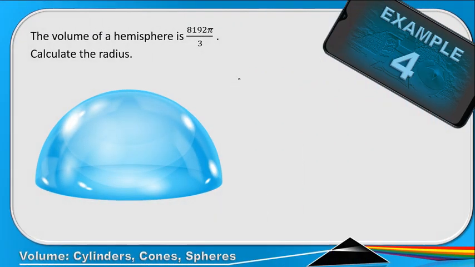Okay, now the volume of a hemisphere is this, and then it says calculate the radius. So we know that a sphere's volume is basically 4 over 3 pi r to the power 3. Now, since this is a hemisphere, the volume is going to be half that of a full sphere. So we're going to multiply it by half, and then we just substitute in the value. So the volume will be